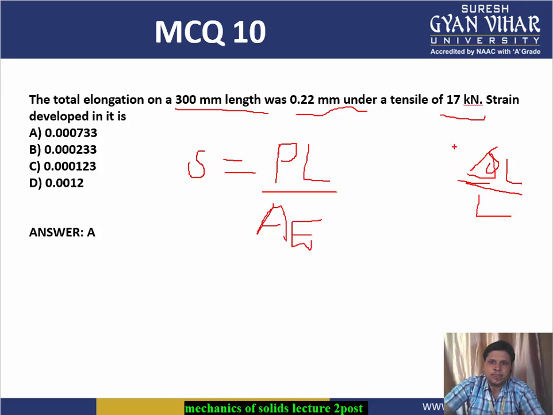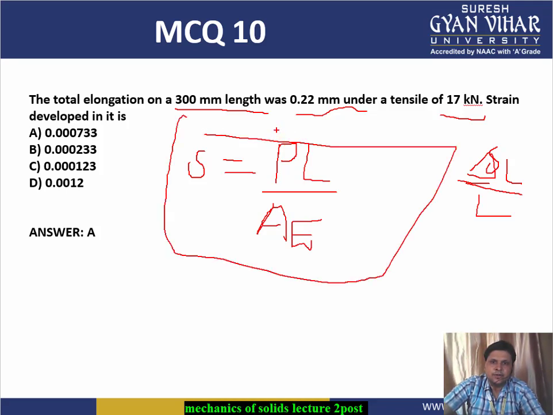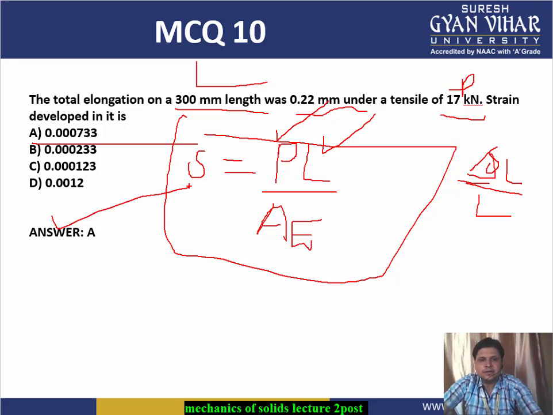All right, and from this formula, if you put all the values, for example, the load applied is 17 kilonewton, then the length given to you is 300, then area and Young's modulus. So Young's modulus value is given to you here. No, it is not given. So by putting all other values, you can get the answer of this particular question also. All right, this is also not a very difficult question. So you can easily solve, and you will find that the answer is your answer number A. A is the correct answer.